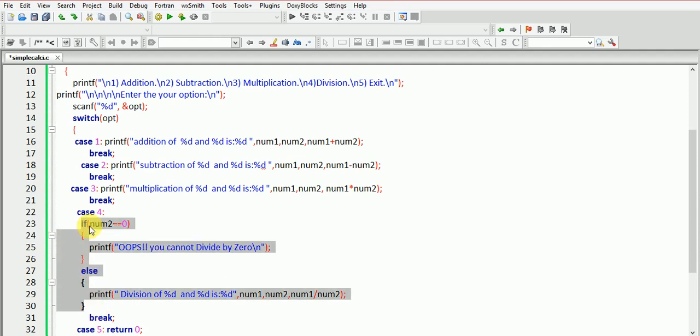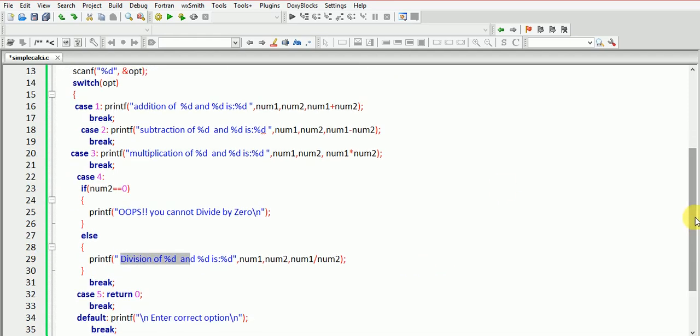It says that if number 2 is equal to 0, then display a message to the user saying that you cannot divide a number by 0, otherwise the user gets the result of the division operation for the non-zero values. Then end it with a break statement. In case 5, we are going to return 0 and end with break. Then this is the